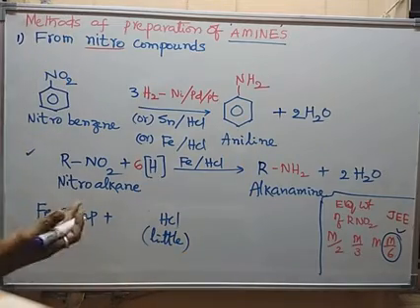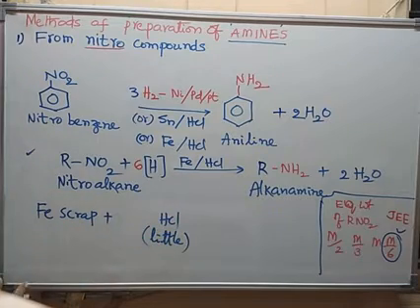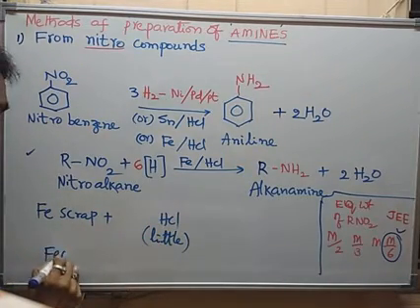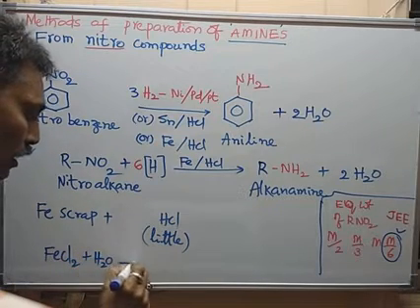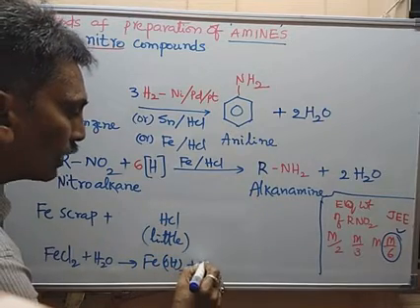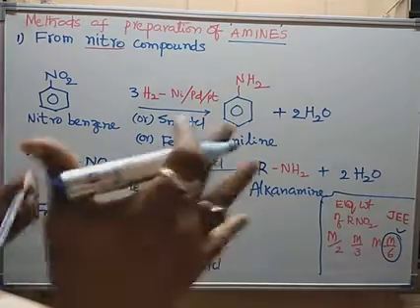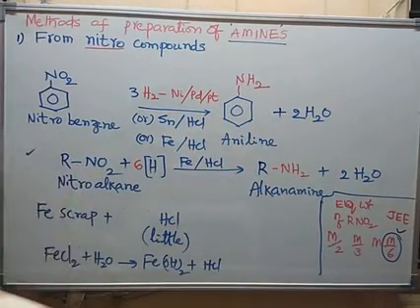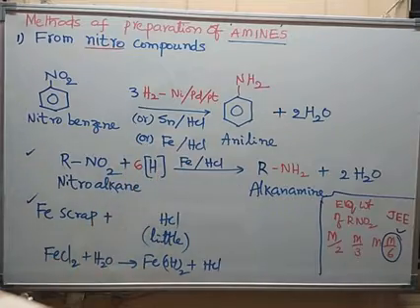Then what is produced? Yes, here FeCl2 is produced, right? FeCl2 is produced, that is hydrolyzed to give Fe(OH)2 and HCl. HCl is produced on its own, we are not going to use larger quantities of HCl. It is just producing itself. That's why iron and HCl is preferred in this reaction. Why? Because